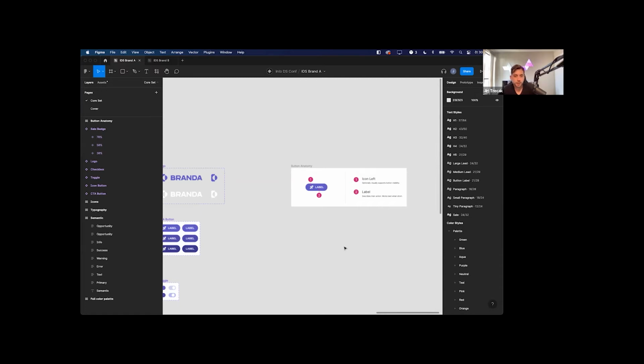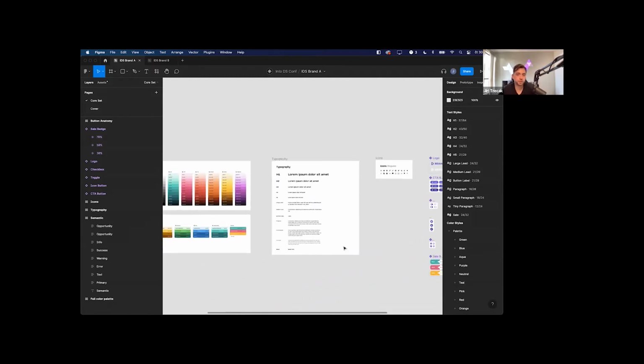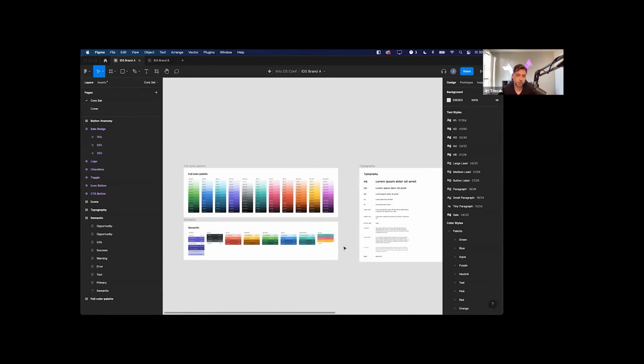So how do we start with this? Well, we have clearly already created a design system library. This is usually the most amount of work, of course, a lot of tweaking. But if you get to this point, you have a very sufficient design system library that you can now start distributing to people. And you would like to do that ideally with some documentation that we have seen at the beginning, maybe not so sophisticated, but at least to have it deployed somewhere so you can just send it to people and they know what's up with your descriptions and so on. So within the next 20 minutes, we will do exactly that. And we will start by importing